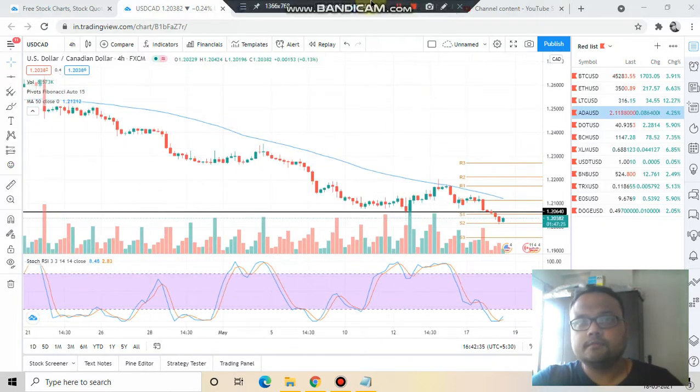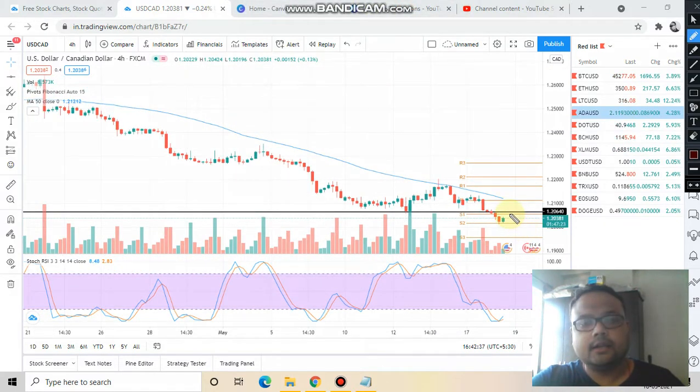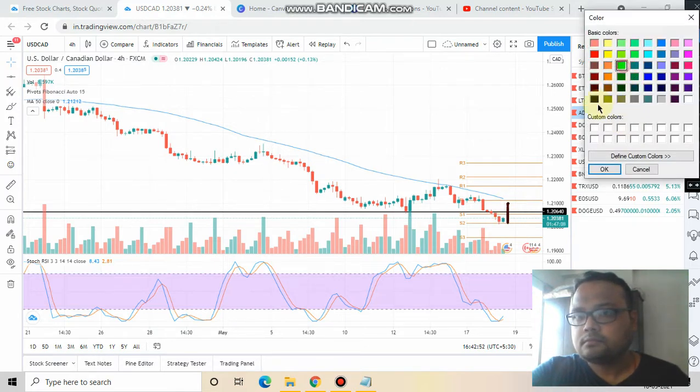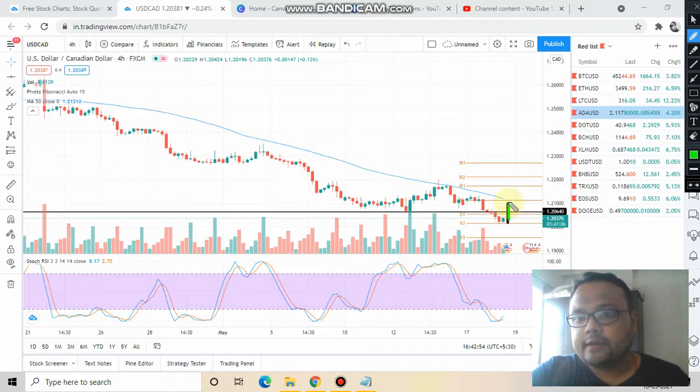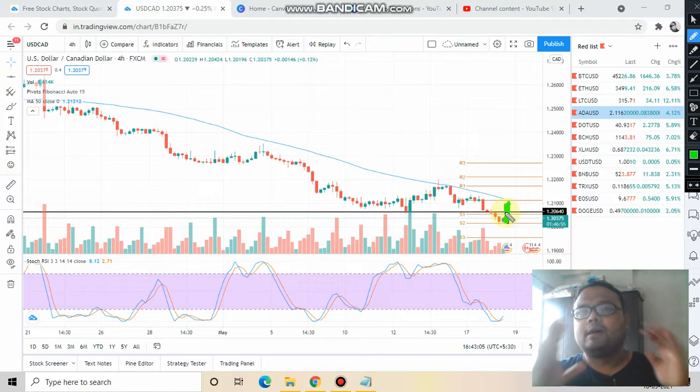First and foremost, if market forms a green candle or a big green candle, then do not buy right away. It can be a pullback also. It can be a retracement. You do not know, there will be a struggle between the bulls and the bears. So if the market forms a big green candle here, and if you want to go for a safe trading, then do not buy right away. Wait for at least one day and just observe the price and observe the market.